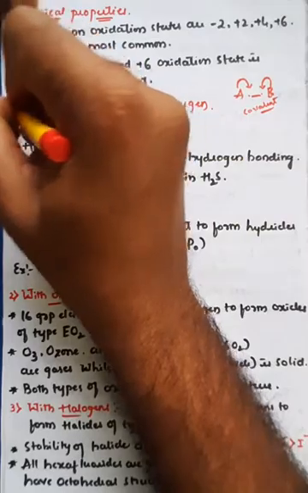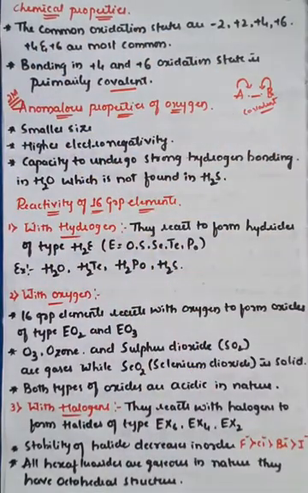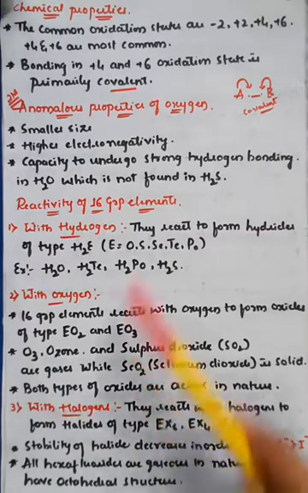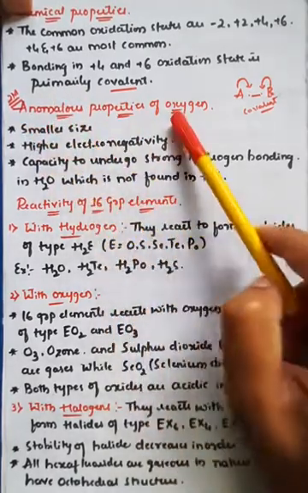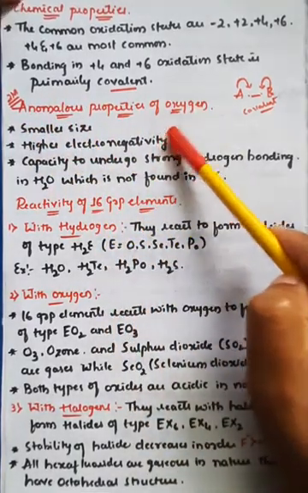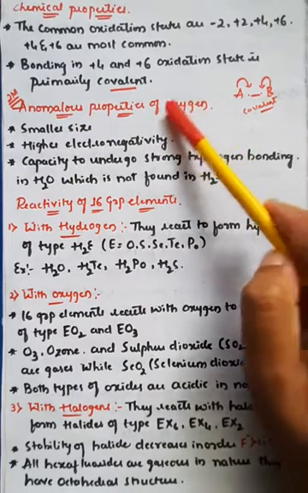Always remember, anomalous properties are for 2 marks, whether it may be the 15th group, 16th, 17th, and so on. The first element of a group will always have special characteristics when compared to the other elements of the same group, right? We also call them rare properties. So, the anomalous properties of oxygen, because group 16 has oxygen as the first element.